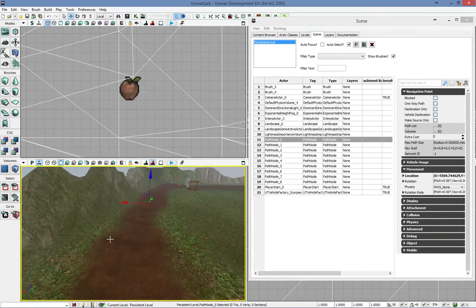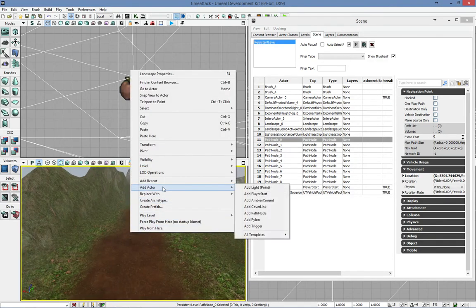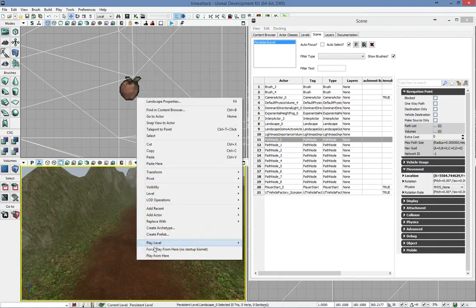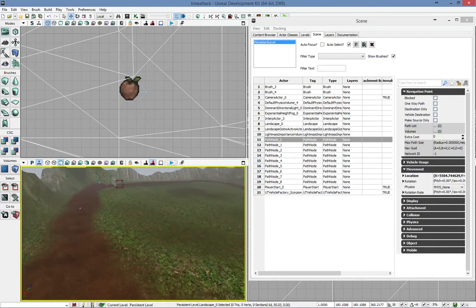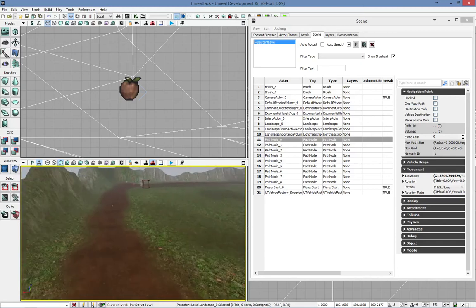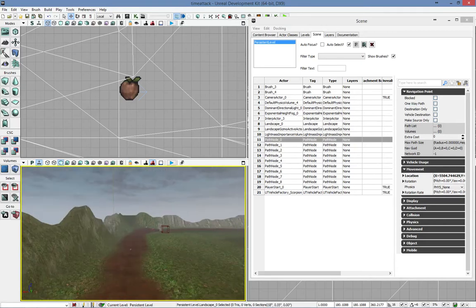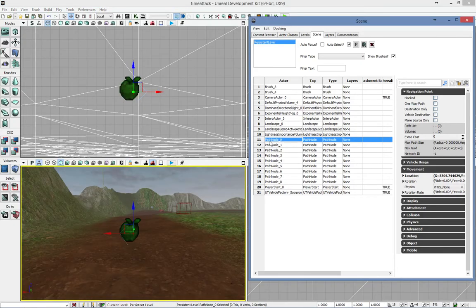We could have avoided that by just right clicking and adding a path node at every location for a checkpoint. But we don't have to worry about it because we can just address this in the code